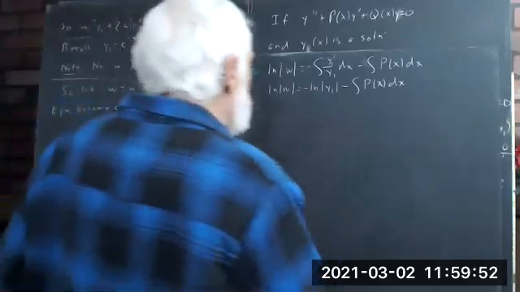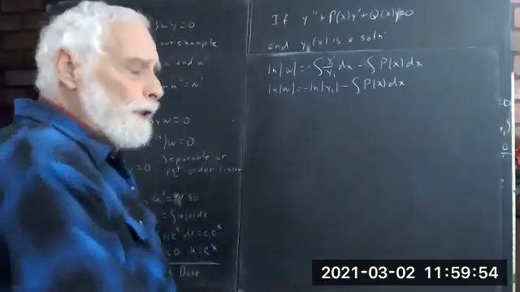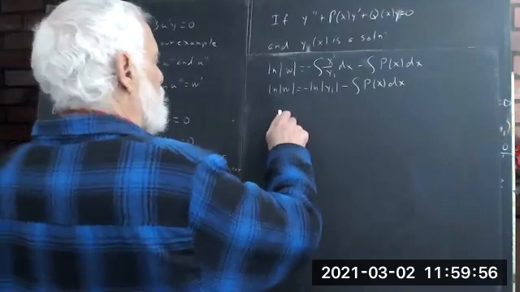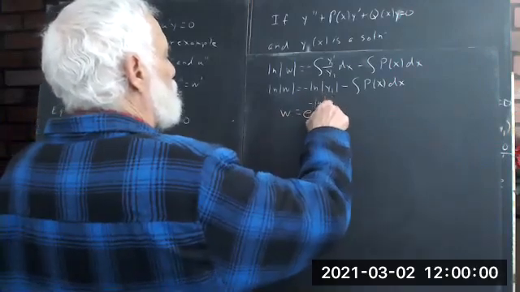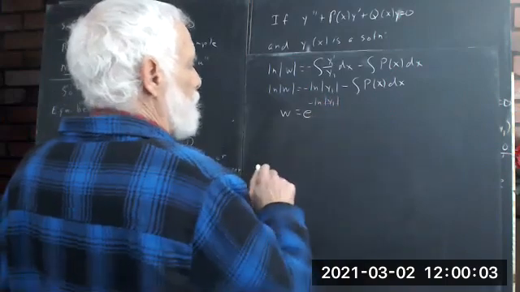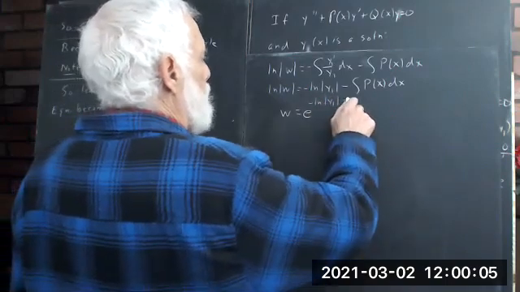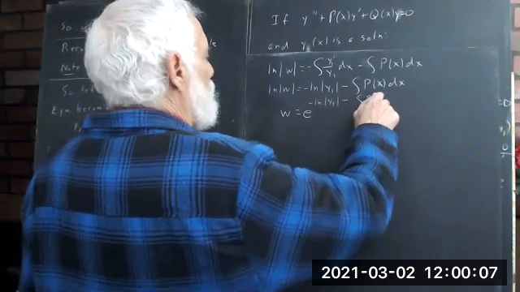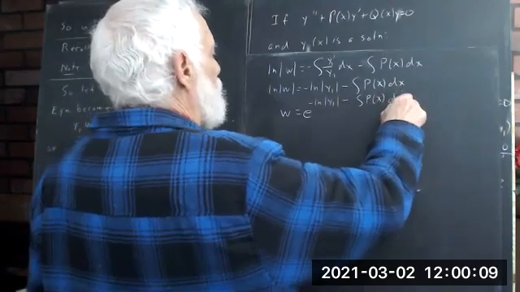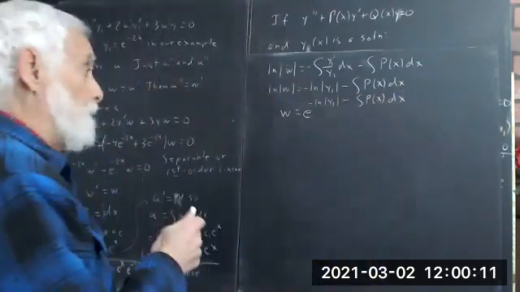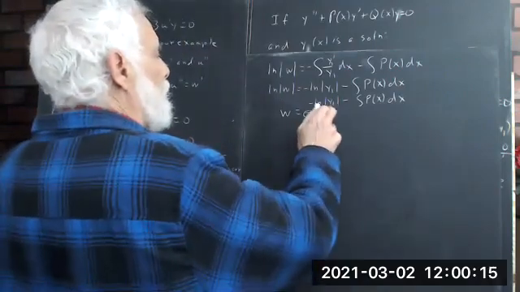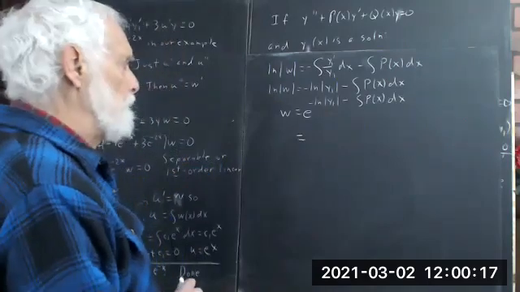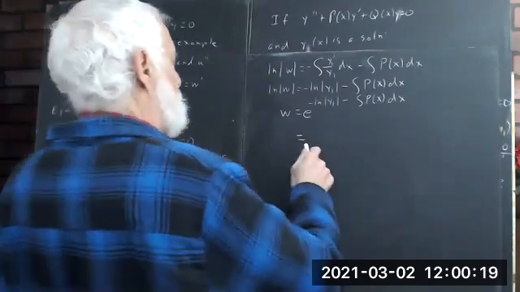Okay, so we then exponentiate both sides and we get w equals e to the negative natural log of the absolute value of y1 minus the integral of p of x dx. And of course, e to the negative natural log of the absolute value of y1 is, well,